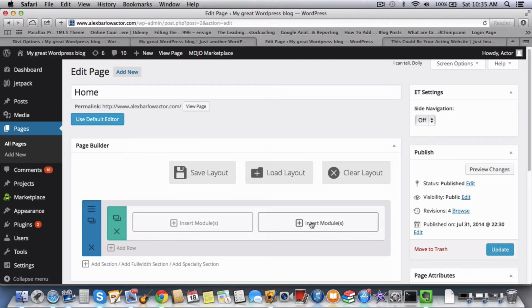Now to edit the modules, I would go in and insert the modules. But if you want to create a background, say you wanted a picture and then a black background with the picture on top of it, this area right here controls your background. So we want our background to be a picture so that it takes up all of the space. So we're going to click here,